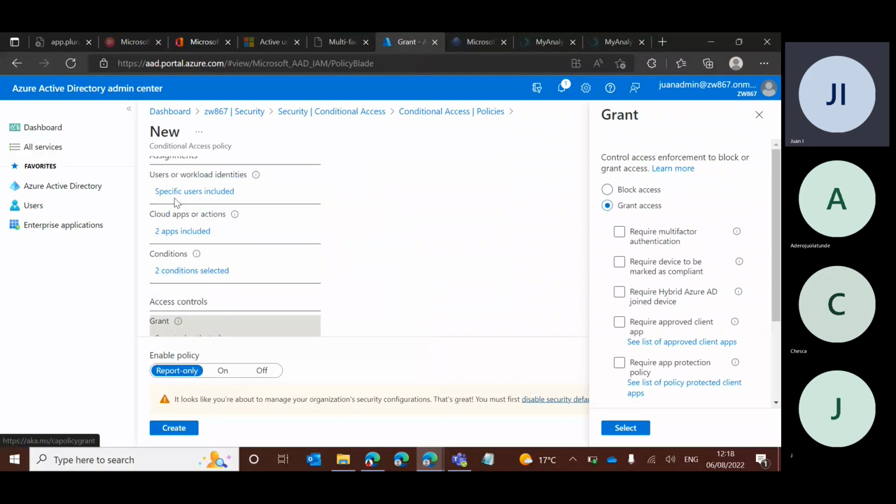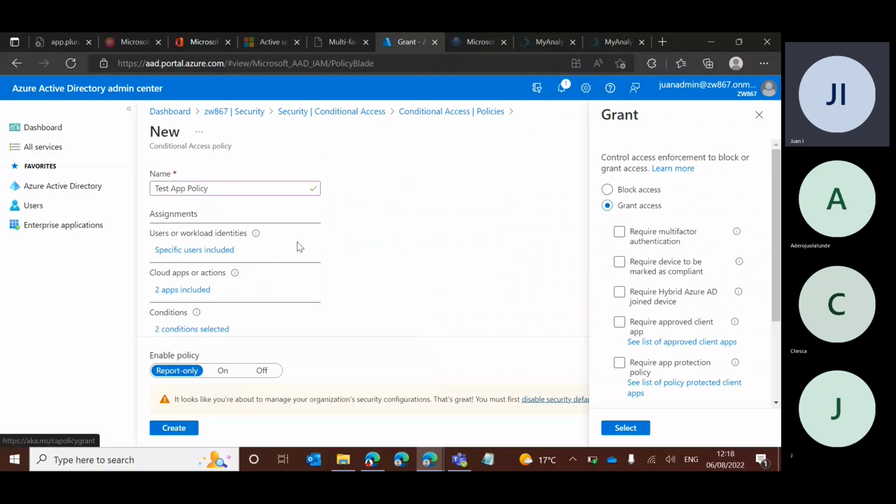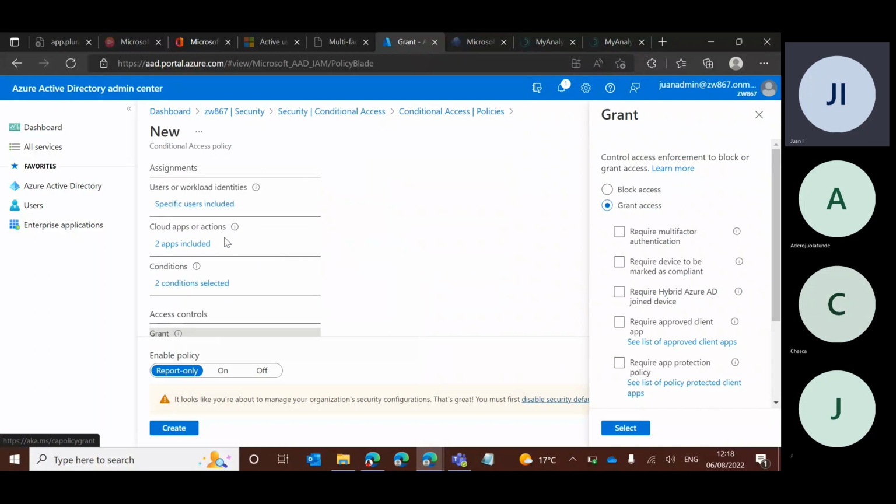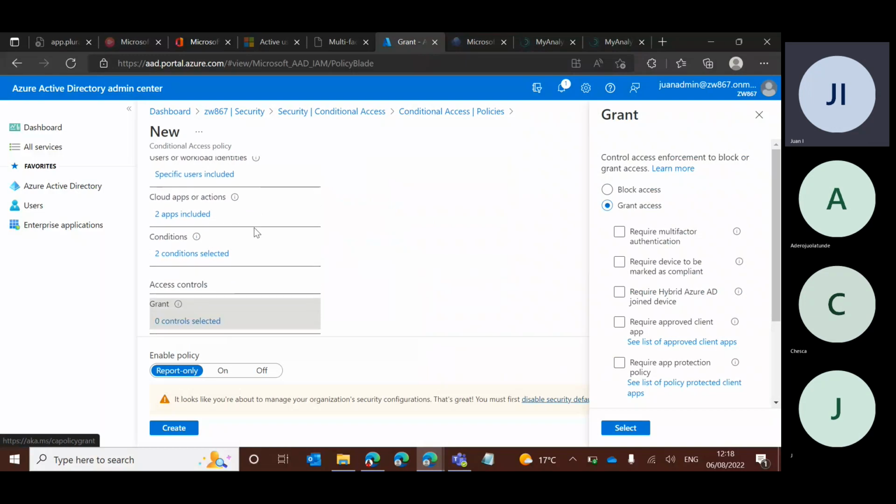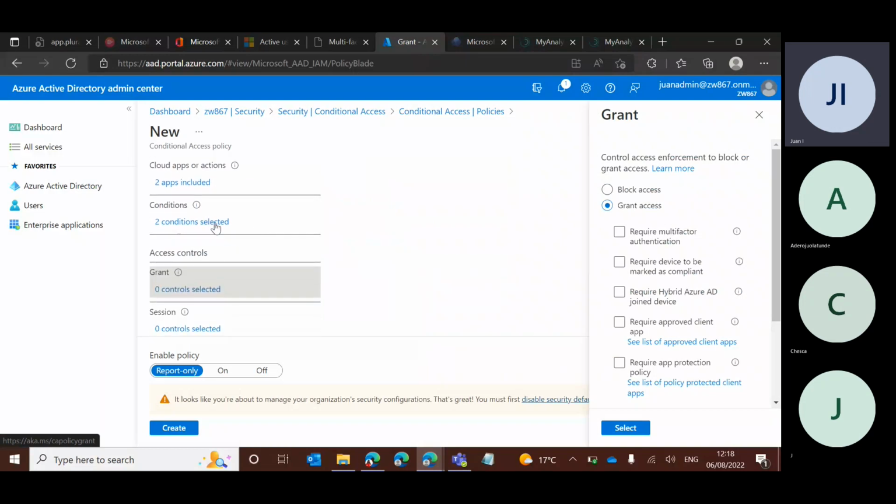Now we've set up various options here. We've selected the type of users to be affected. We've selected the type of apps. If users in the test security group are trying to access email or Microsoft Teams, and they meet some of these setting conditions, if they are high security risk, and high sign-in risk users,